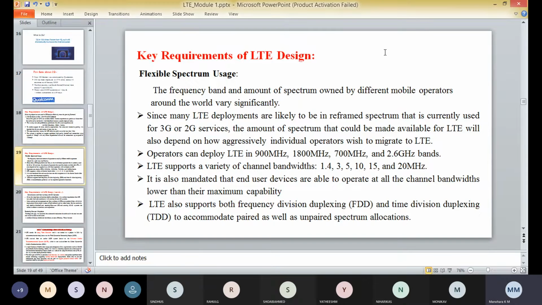Yeah, good morning everyone. In the last class, we discussed open loop transmit diversity with more antennas, that is 2x2 SFBC, 4x2 stacked STBC, and 4x2 in LTE. And today we are going to do revision of the first module.